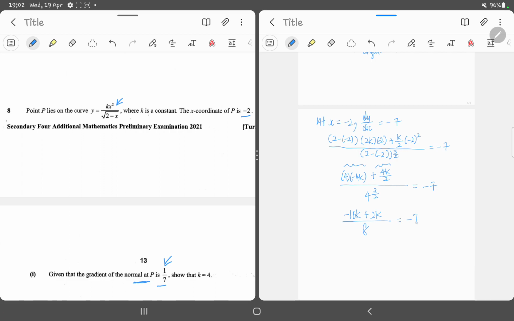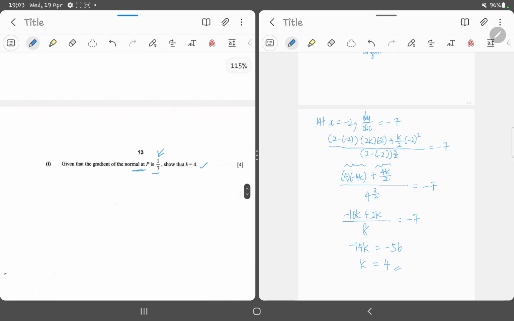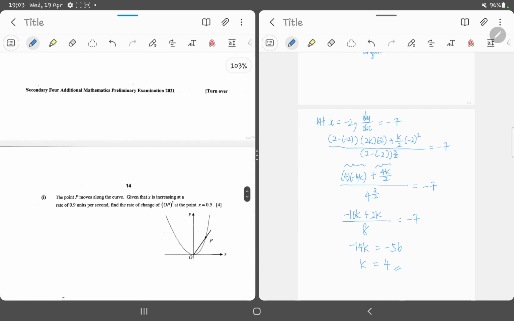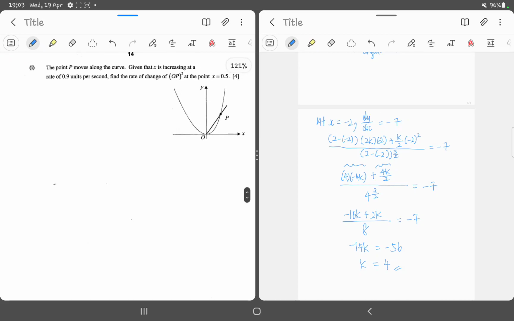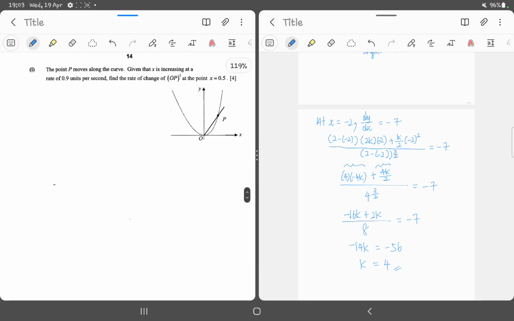So this equals to minus 7, which means that minus 14k equals to minus 56, which means that k equals to 4. And we have shown that k equals to 4 over here. So that's for 8 part I. So for 8 part II,